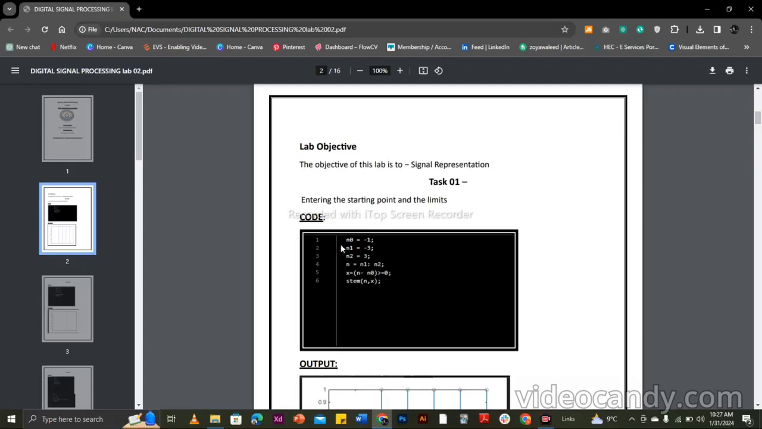In line number 1, n0 is equal to minus 1. This line initiates the variable n0 to the value minus 1. n1 is equal to minus 3. This line initiates the variable n1 to the value minus 3, and n2 initiates the value equal